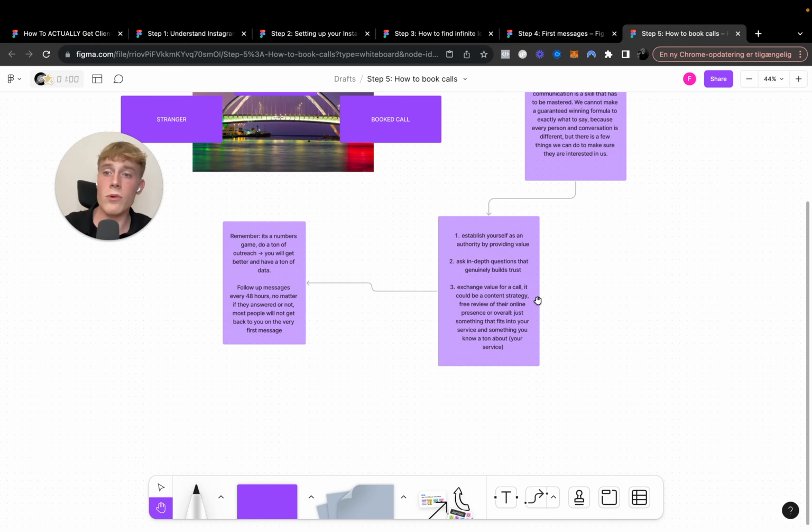And then what I would always do is to exchange value for a call. Because again, like I mentioned in the beginning, when people are considering jumping on a call with you, they'll literally be like, is this worth my time? So the way that you can do it is by saying, hey, if you jump on a call, I'll actually give you a content strategy after the call. I'll give you a free review of your online presence, or just something that fits into your service, something that you know a ton about. I know a ton about content,